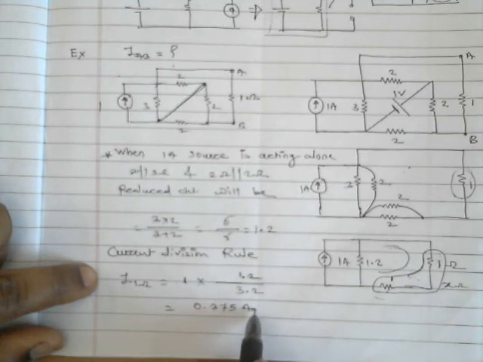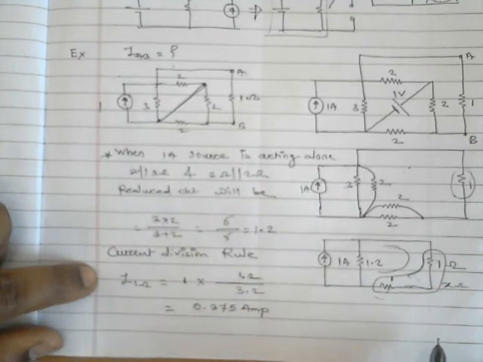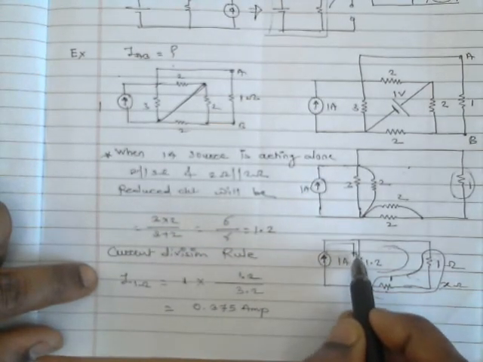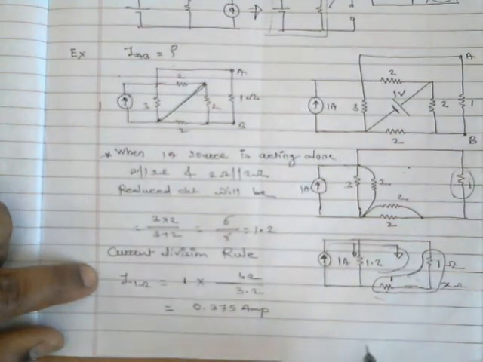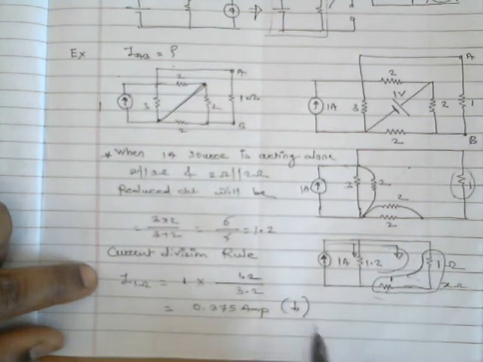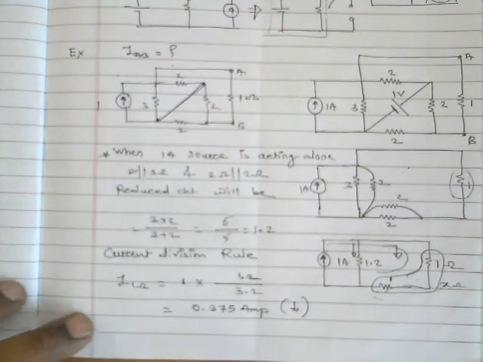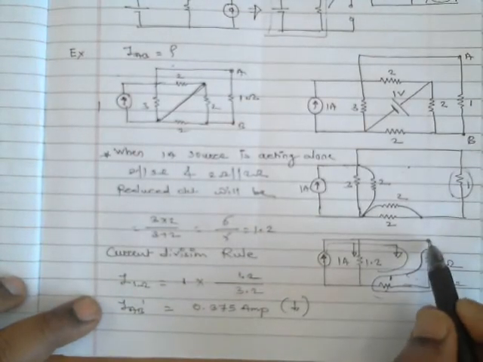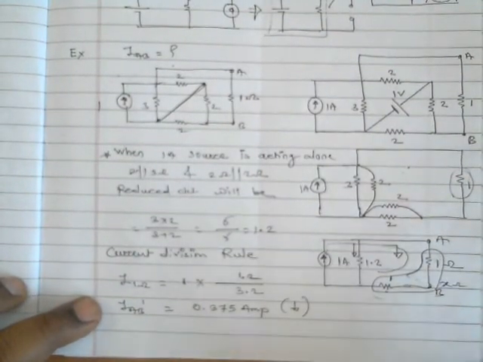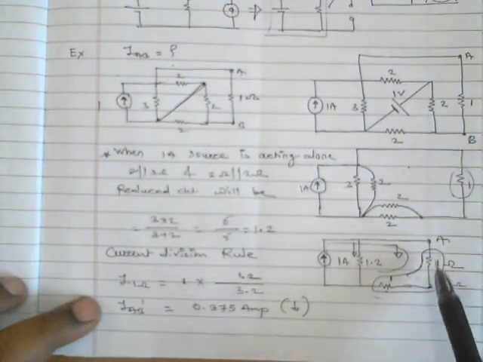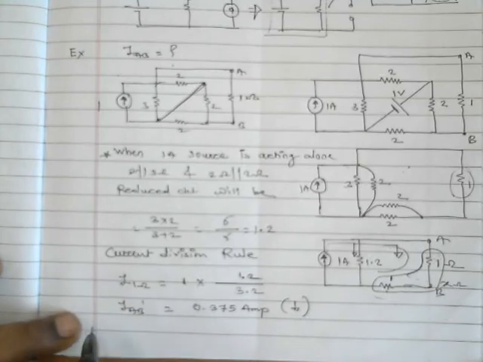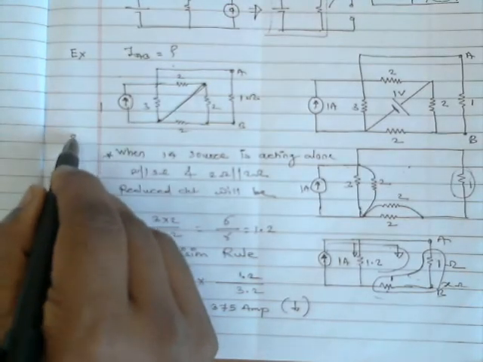Solve this and you will get 0.375 ampere. Now this current is in the upward direction, so obviously it will go like this and come down here, similarly down here. So its direction is down. Don't forget to keep the direction. I will call it I AB dash. Here it is AB, no? If it is not given numerically, you can give nomenclature on your own. So I got I AB dash. Now this step 1 is over.